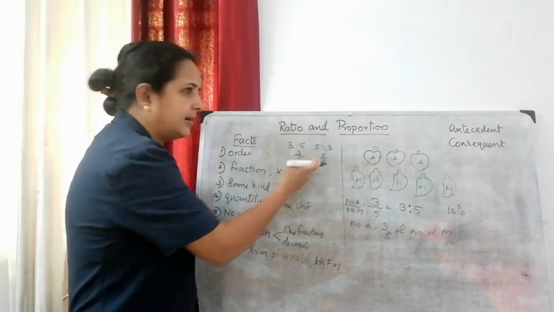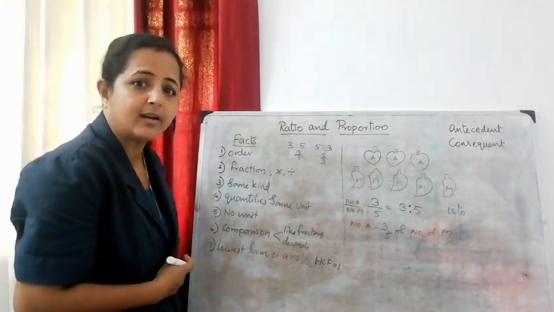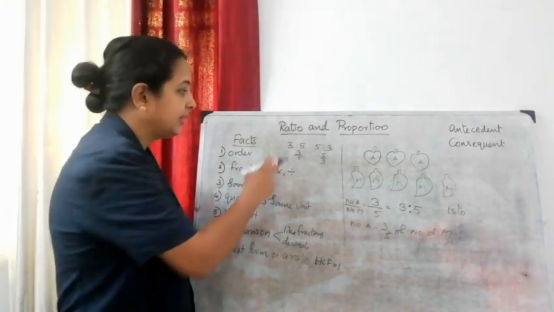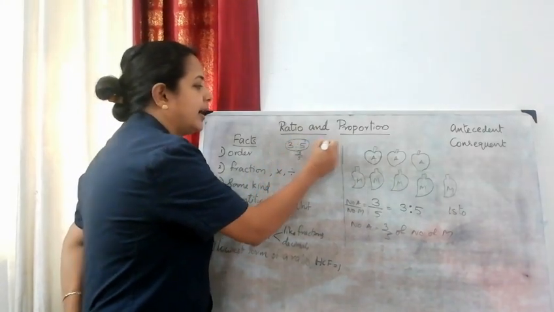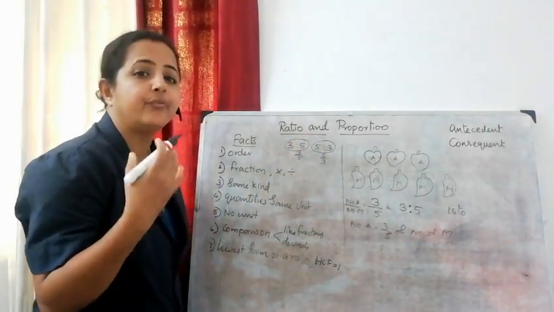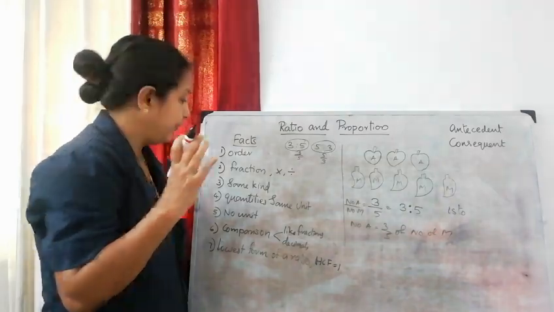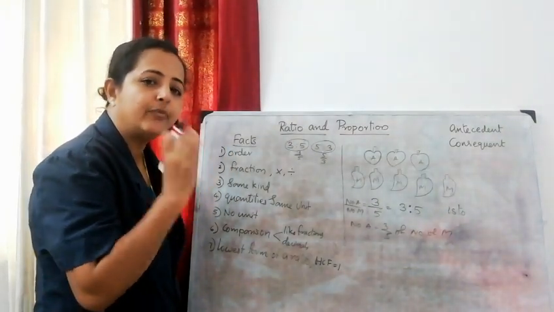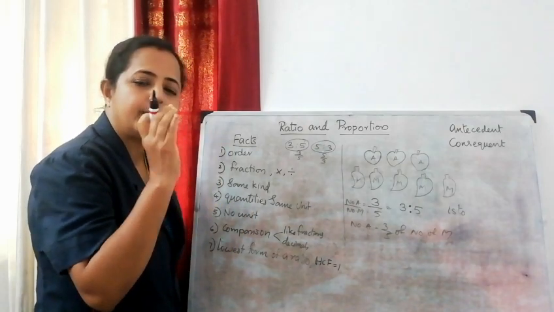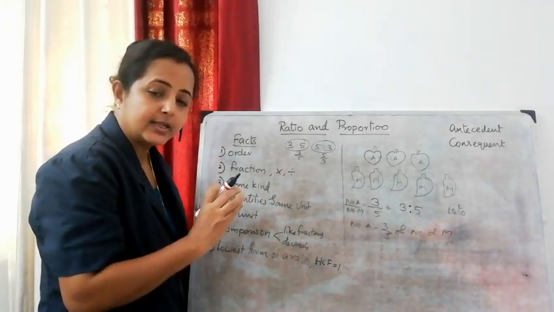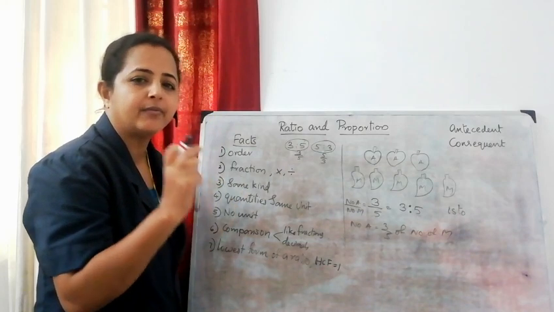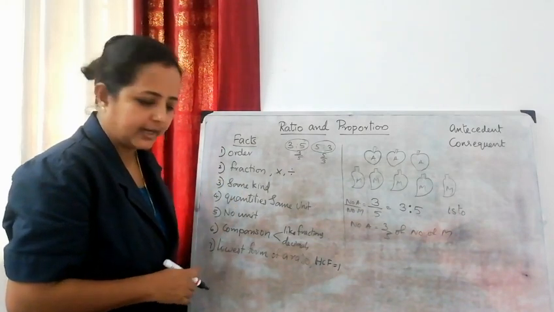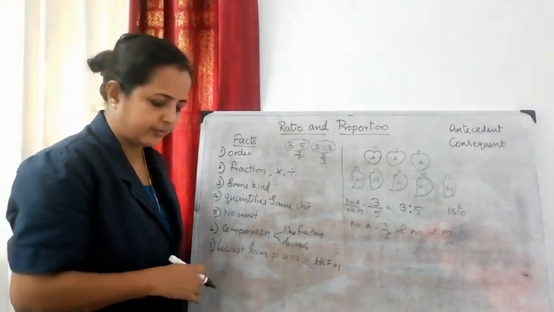No, the denominators are different. So we cannot say they are like fractions or equal fractions. So the 3 by 5 ratio and the 5 by 3 ratio are different. When you are writing the order of a ratio, the first number should stay first and the second number should stay in the second place. The first number is in the numerator and the second number will be in the denominator, okay? When you are writing in fraction form.